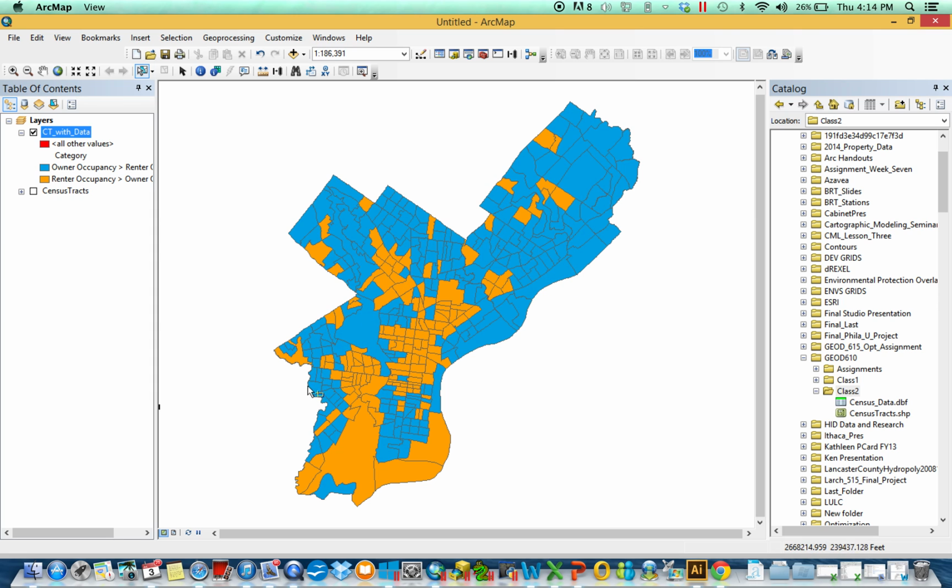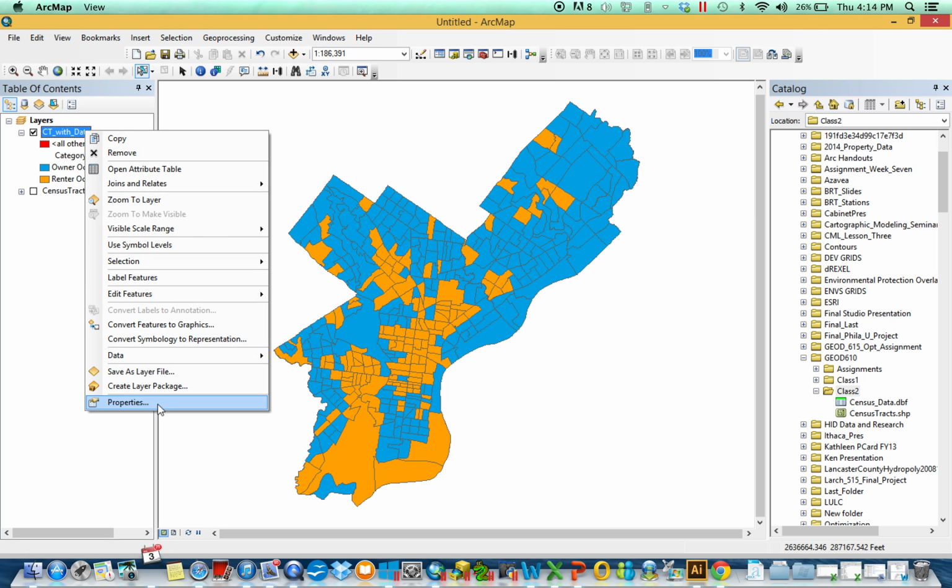A little bit into West Philly, it's kind of interesting, but you definitely see your renter occupancy dominating here in Center City, in Fairmount, up into a little bit of Northern Liberties, down here into West Philadelphia, and a mix of it in South Philadelphia. So another one,